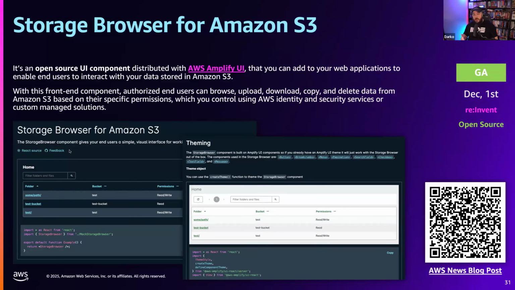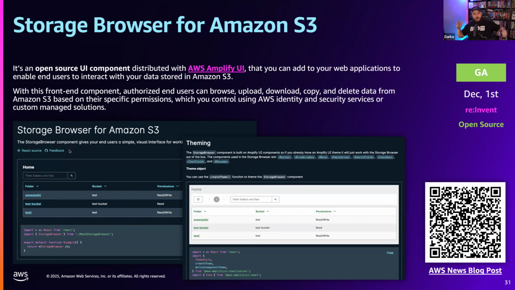Anybody using Amplify, which is hosting number one, but it also offers you a framework to interact with AWS services, and UI elements for your front-end application. Let's say you're writing a React, Vue, or Next.js application, and you want to present a list of files in an S3 bucket you have.